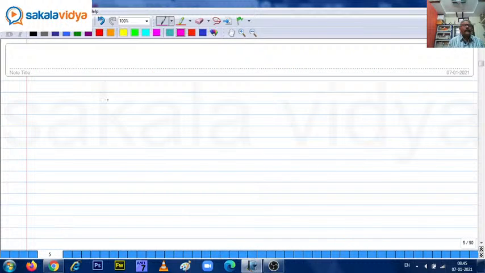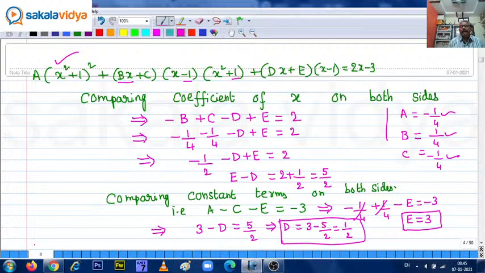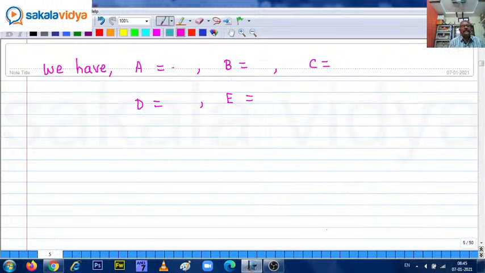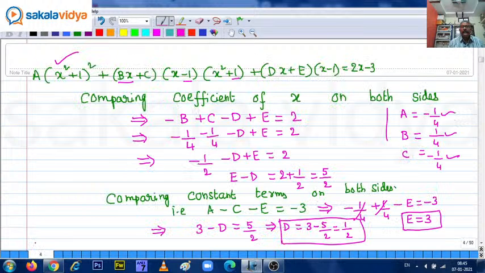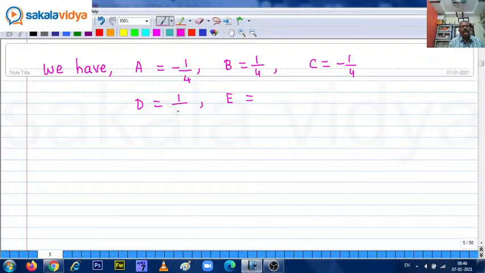So we have the A value, B value, C value, D value and E value. So let us write it. This is minus 1 by 4 plus 1 by 4, this is minus 1 by 4. Next D and E. D is 1 by 2, E is 3. So therefore,